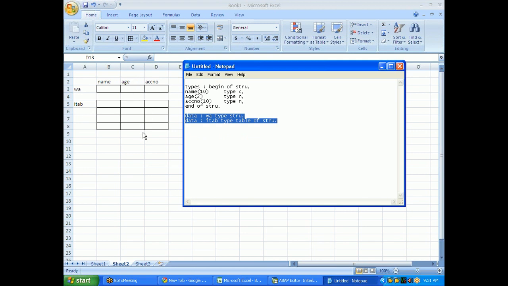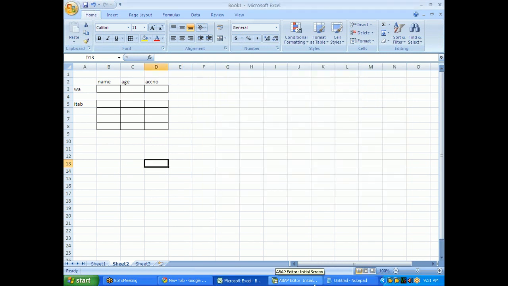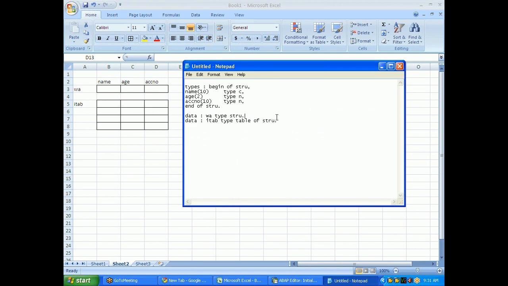So this kind of declaration is called internal table with explicit work area, or internal table without header line. Please make a note.